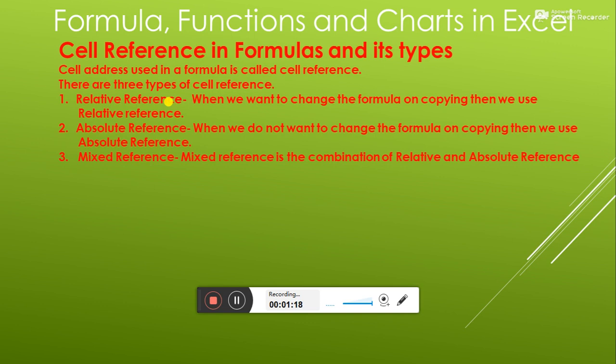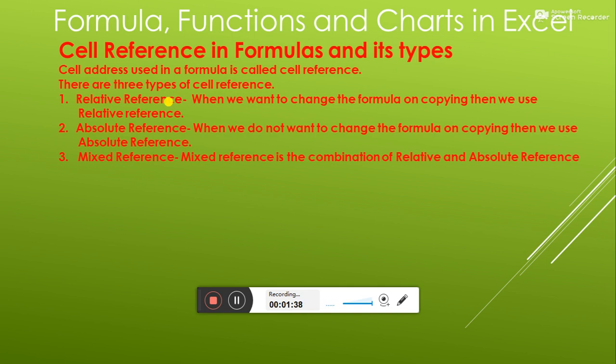Now class, a cell address used in a formula is called a cell reference. There are three types of cell references. A cell reference is just like the address of the cell.